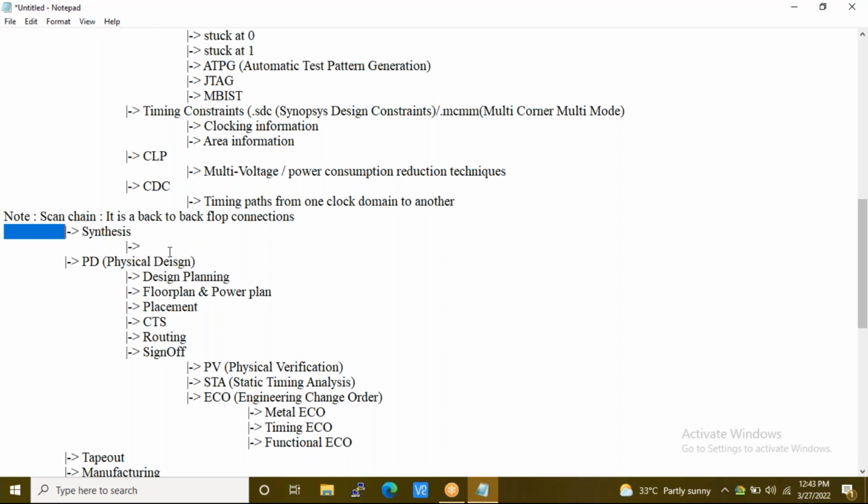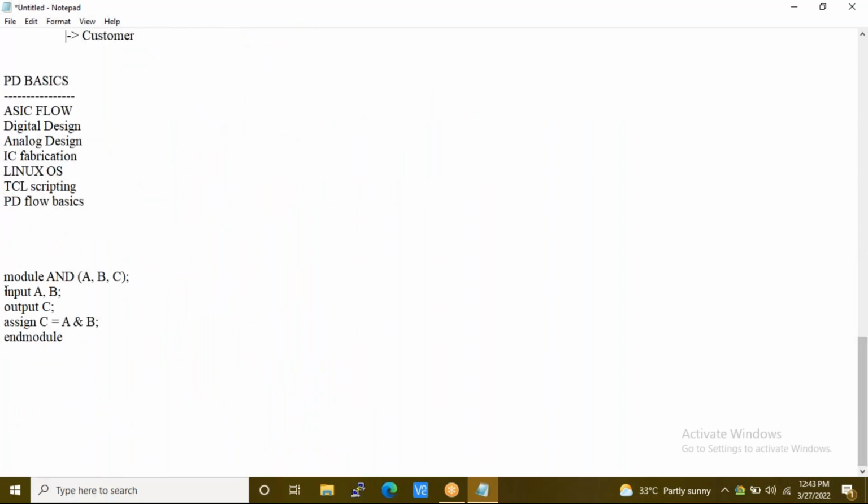From synthesis, what happens is it converts the behavioral code to a gate level netlist format. Here I have written a basic AND gate. As the tool knows this is an AND gate implementation, it will convert this logical code into an AND gate representation. For that, we need to provide some special inputs.